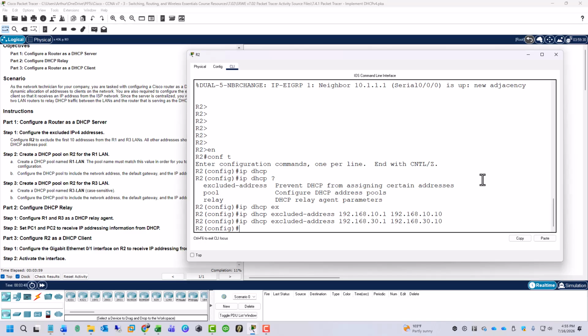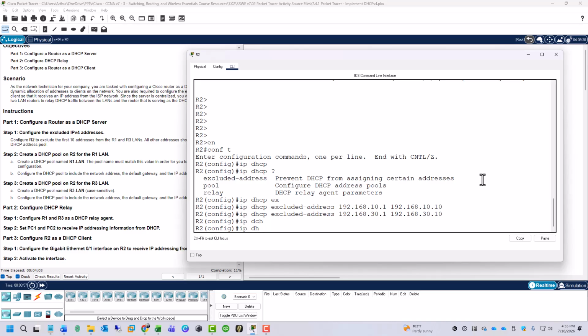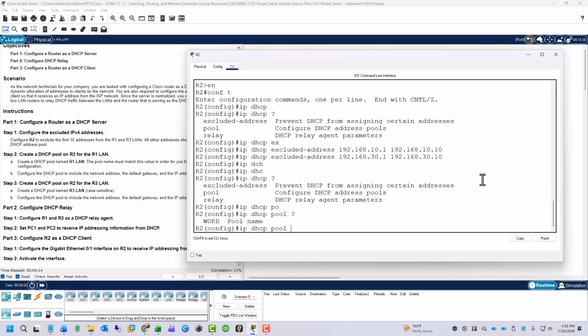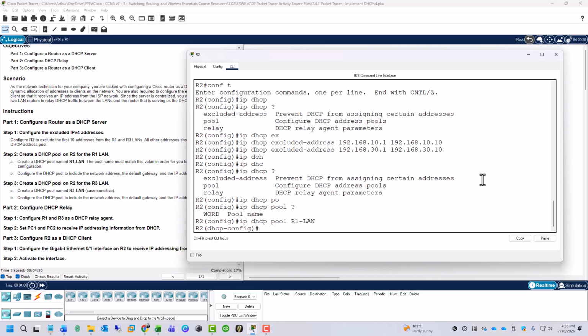Alright, so that's done. It also said we need to create a DHCP pool. So ip dhcp, space, question mark. I want to set up my pool, space, question mark, word. Basically, we're going to go ahead and name it R1_TAC_LAN. It drops us onto a DHCP configuration. So we need to set up the network, set up the default router, set up the DNS. Why do we know that? Because the instructions say configure the DHCP pool to include the network address, the default gateway, and the IP address of the DNS. So we do that by